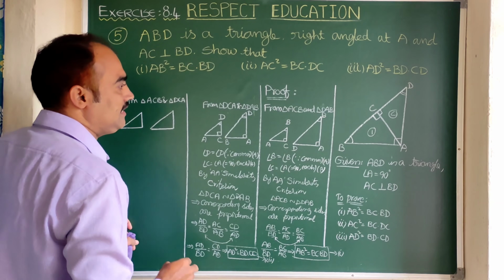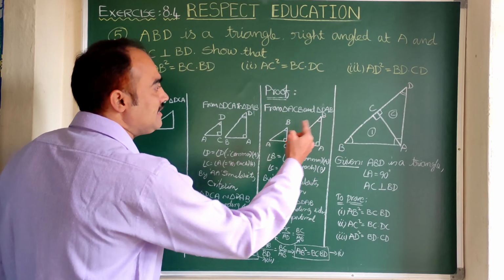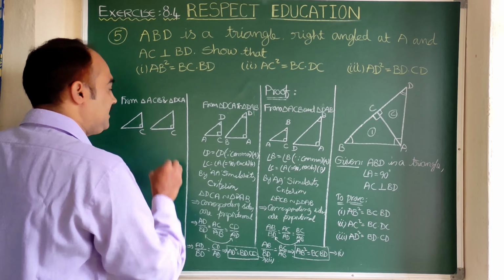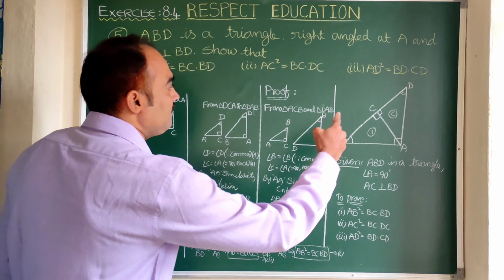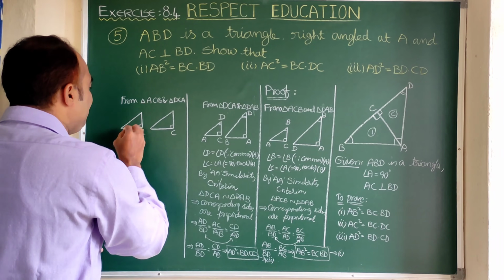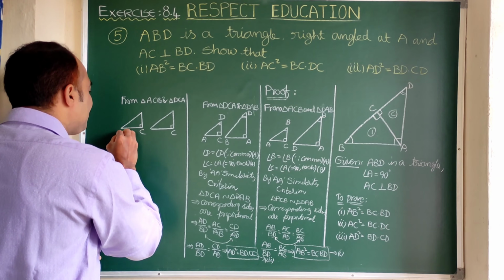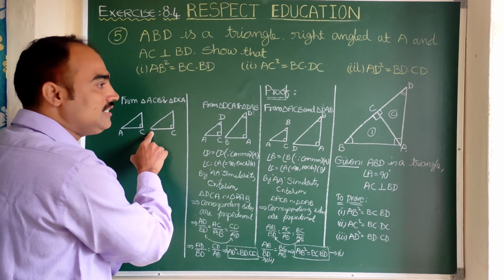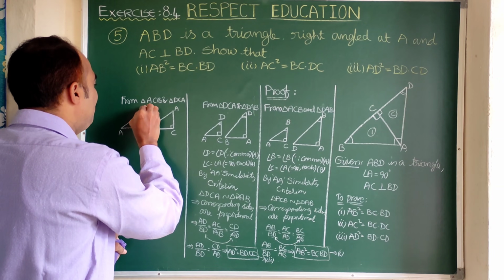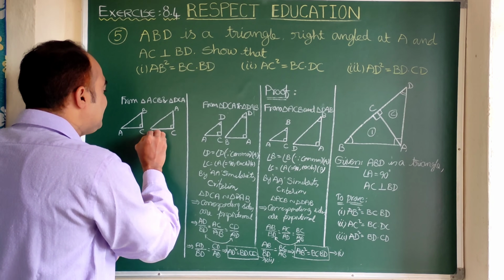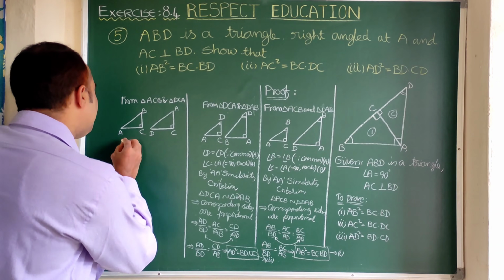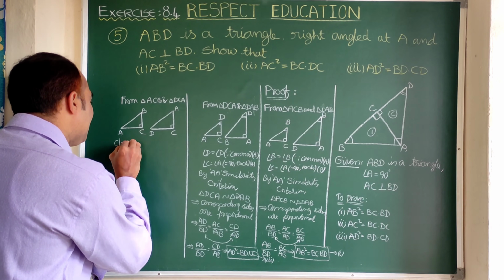Let us write here what is to be given. In both the triangles angle C is 90. So here C is 90, C is 90, right? Now here in this ACB, if you write A here, do not write A here because A is not common. A should be written here. Now here ACB, here it is DCA, right?